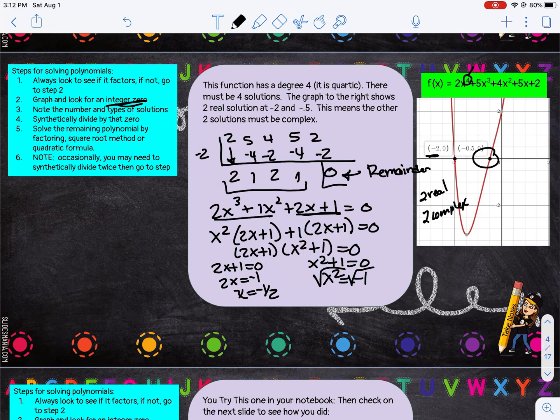If I do the x squared plus 1 equals 0, I'm going to use the square root method on this one. Okay, and the square root of -1, I get plus or minus i. And that kind of checks out what I was thinking. I did get 2 real answers and I got 2 complex answers. So technically my answers are x equals -2 and -1/2. And I also got plus or minus i. I get 4 total answers, 2 real and 2